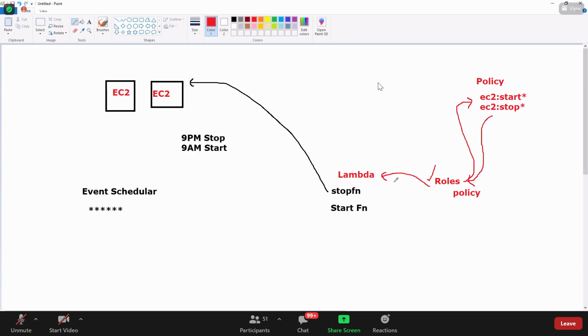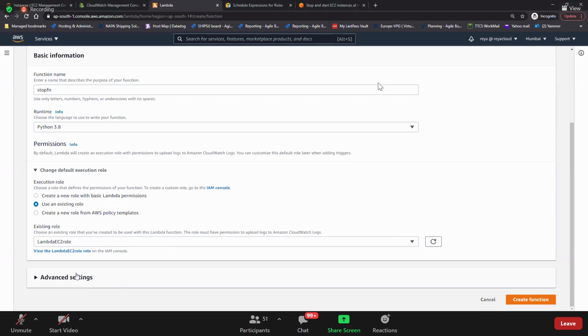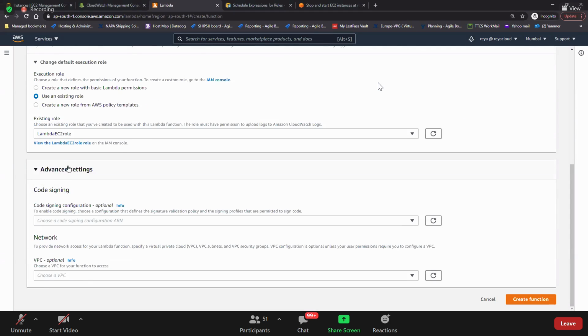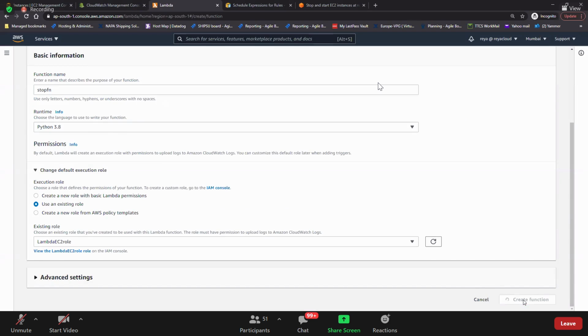If you're attaching the role to the Lambda, this role has the policy of stop and start. And now this Lambda will go and do start and stop for the EC2 instance. Got that? Got me here, guys? Okay. So you just ignore all these things, select it, and click on create function.